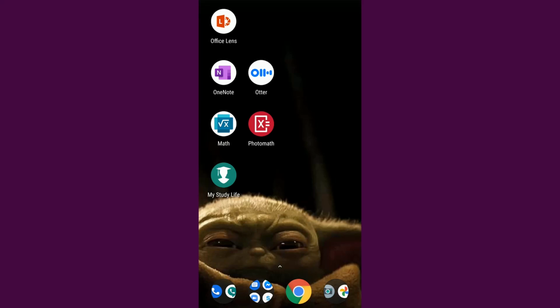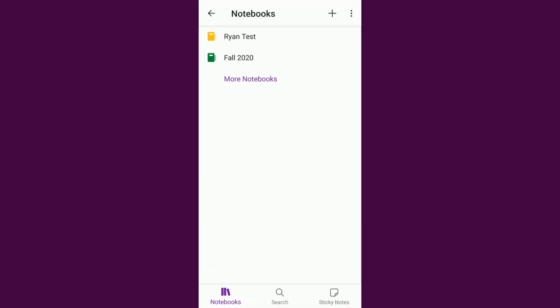And then I have a different section for each one of my courses. So right now I just have a section for World Civ, which is History 103. So I can tap the section. And then I can have individual pages where I take my notes. So here I just have 1 page of notes taken so far. So if I tap that, class notes,